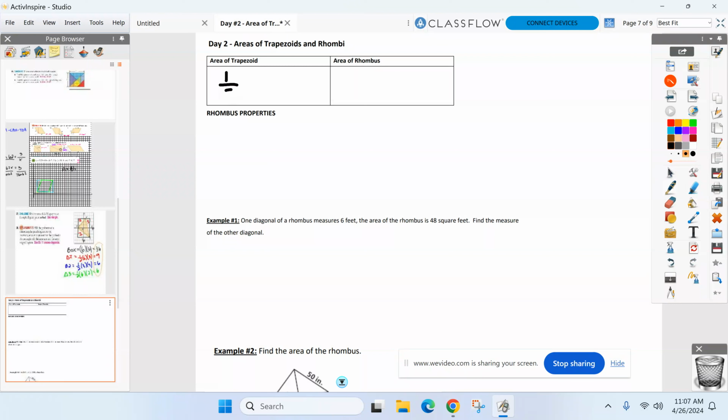Trapezoid: 1/2 the height, base 1 plus base 2. All I ask is please make sure you're adding the bases. Common mistake is the multiplying. And for the rhombus we talked about yesterday, another 1/2, but now it's 1/2